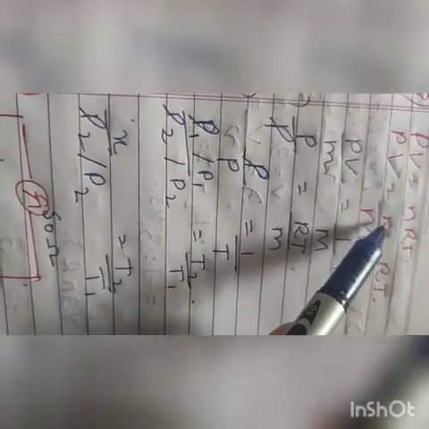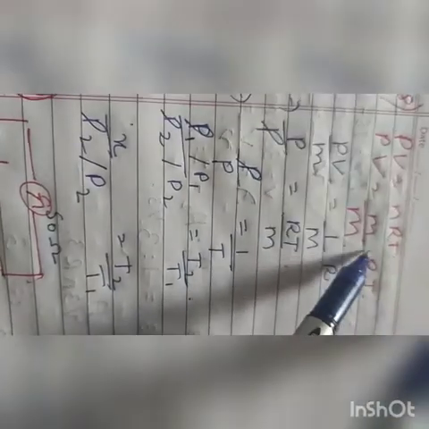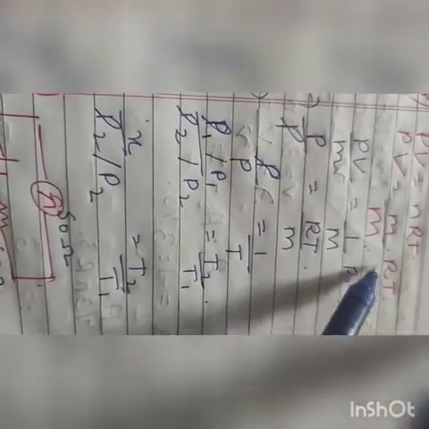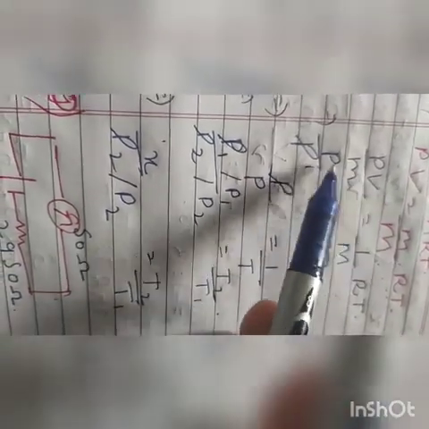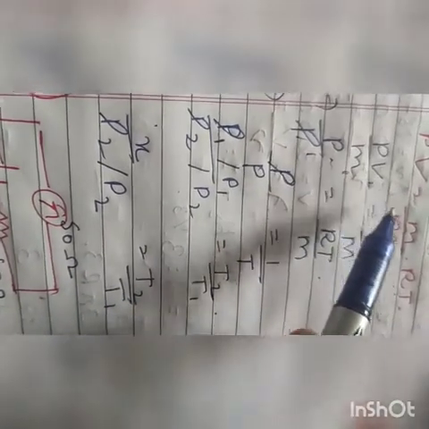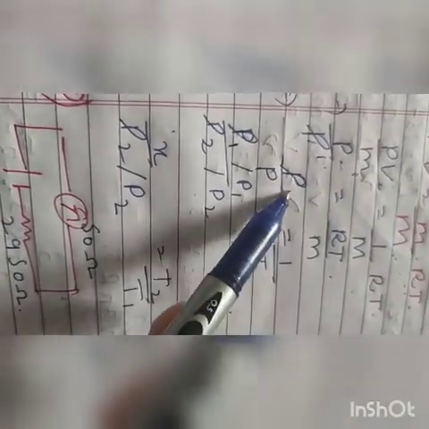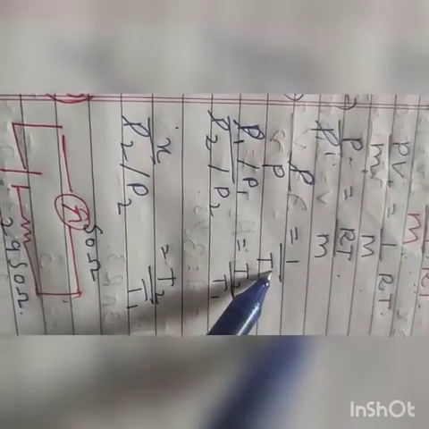So here we know PV is equal to nRT. So n is m by M, given mass by molecular mass, into RT. So PV by m, we will just shift this m here, so 1 by M into RT. So P by rho, where density is mass by volume, so P by rho is equal to RT by M. So rho by P is proportional to 1 by T, as R and M are constant.